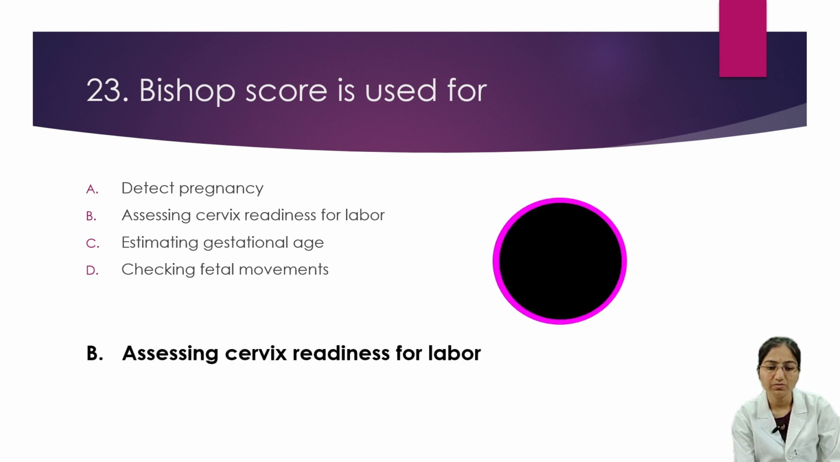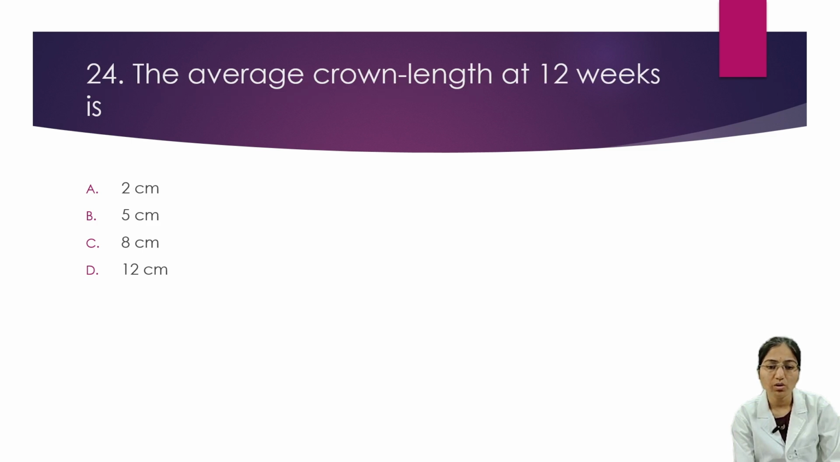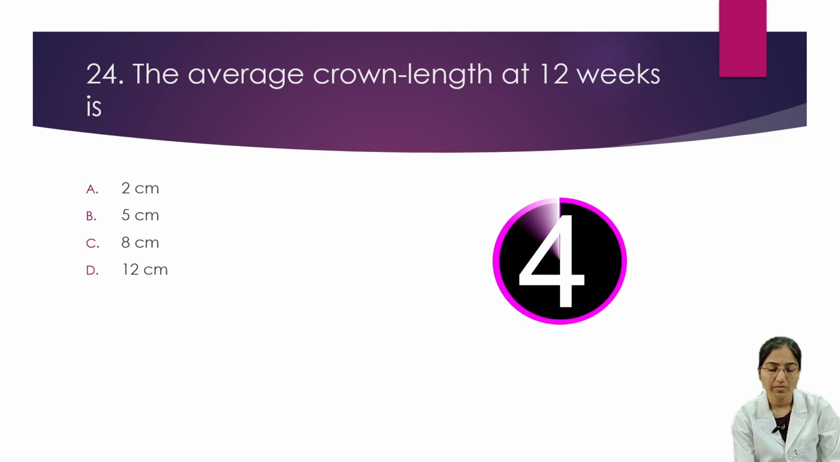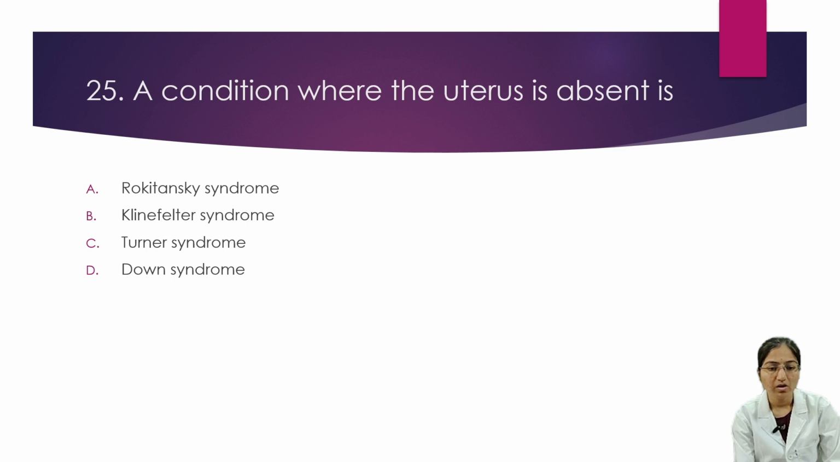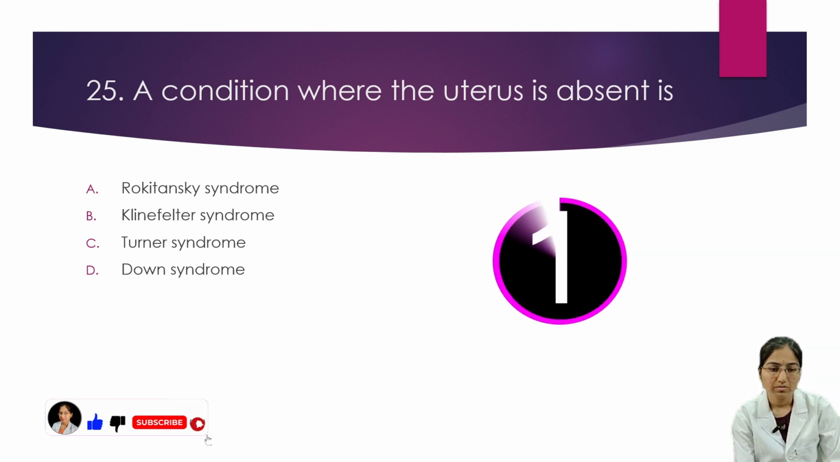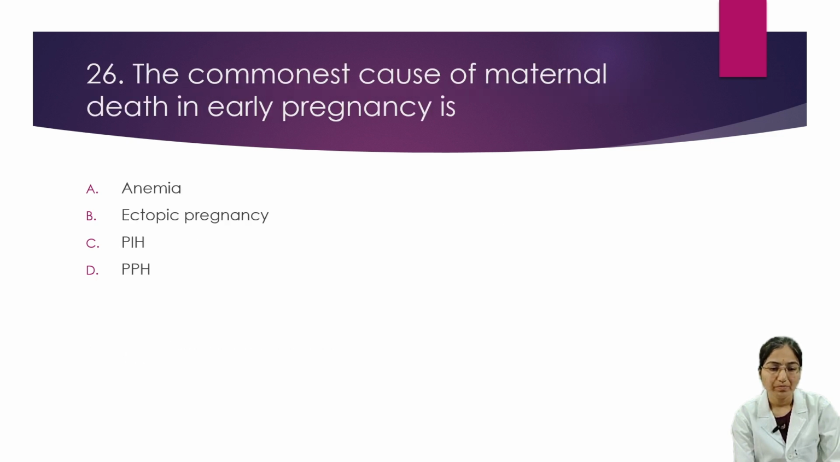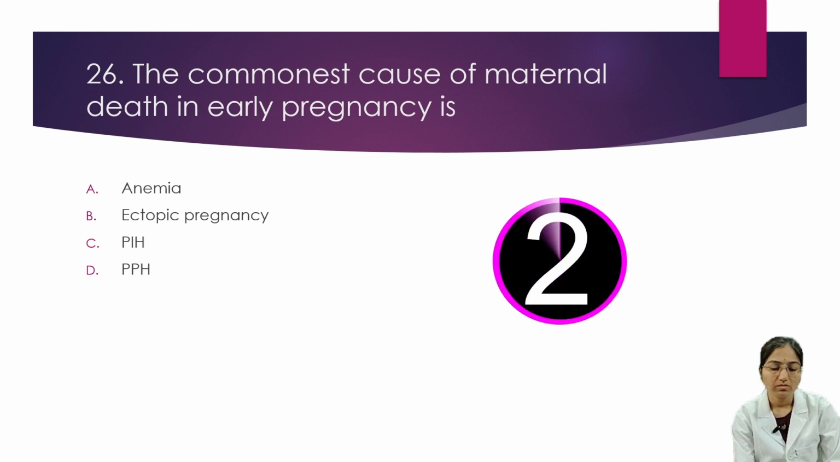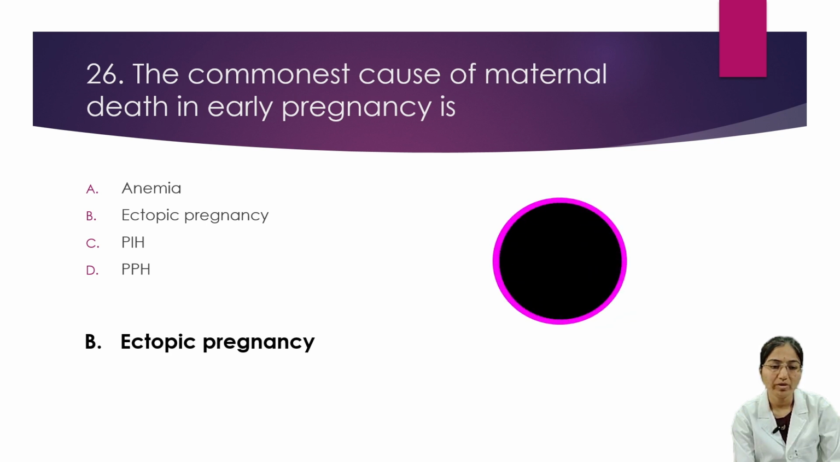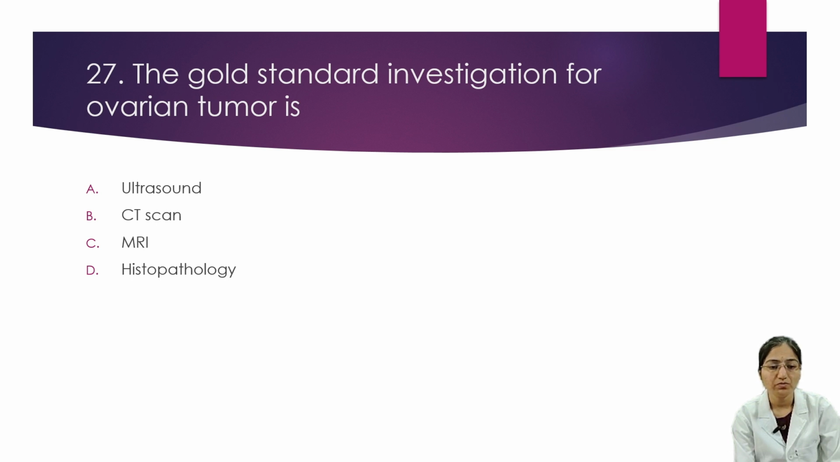assessing cervix readiness for labor. The average crown-rump length at 12 weeks is 8 cm. A condition where the uterus is absent, that is Rokitansky syndrome. The commonest cause of maternal death in early pregnancy is ectopic pregnancy. The gold standard investigation for ovarian tumor is